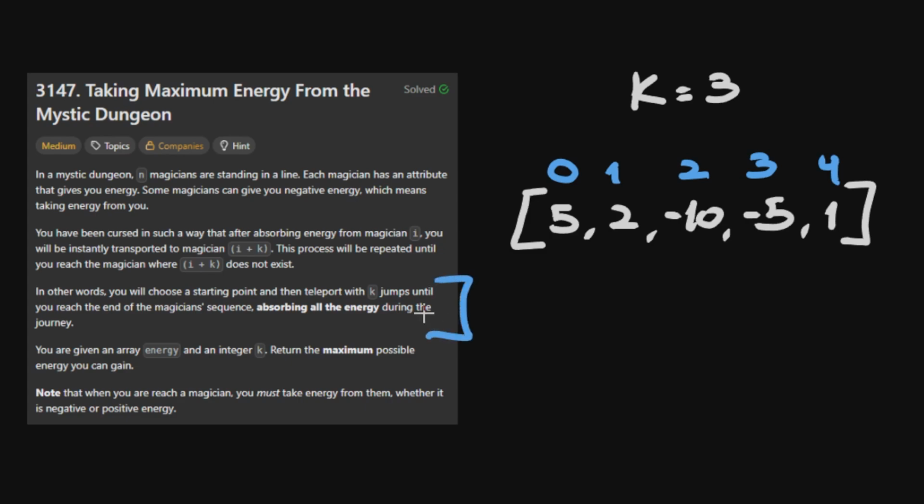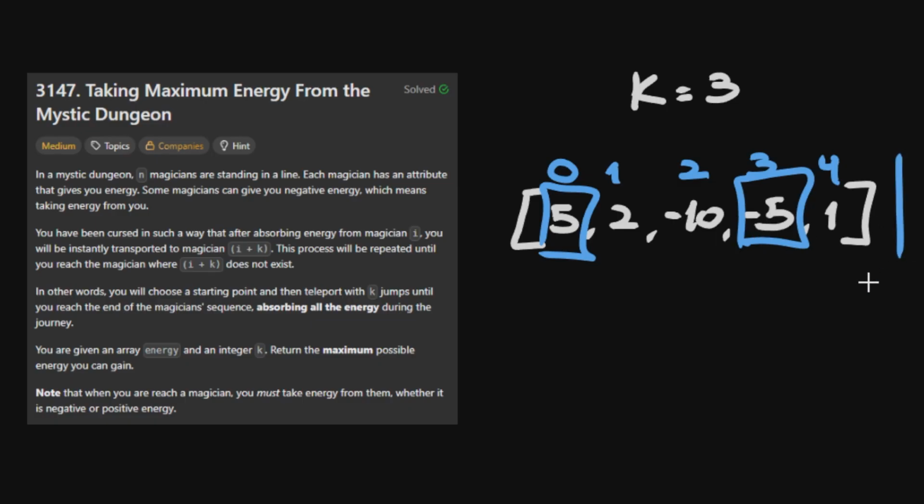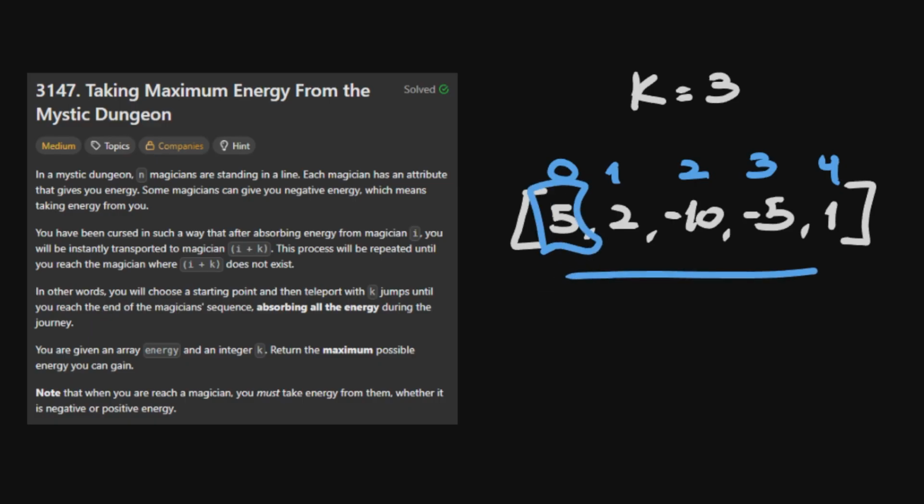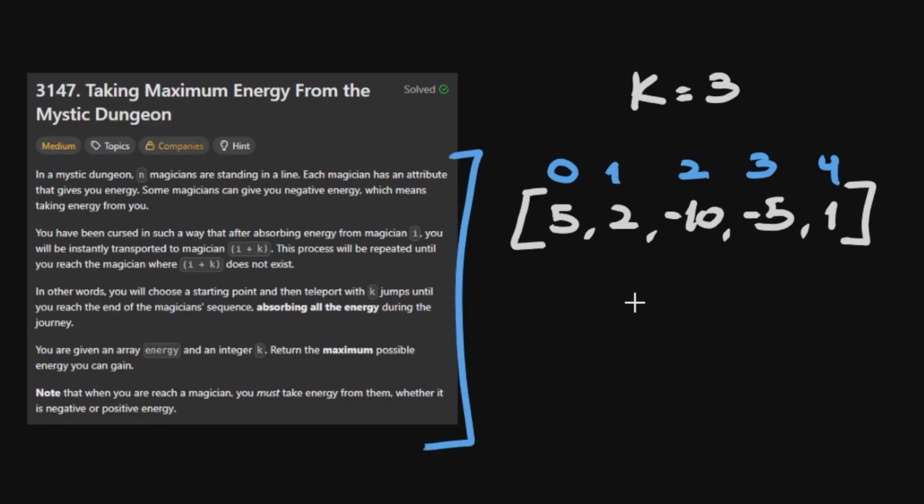And this is very important. We have to choose a starting point and we have to keep on jumping k steps until we are out of bounds. In this case, next we have to go here and then we are out of bounds. So we can't just return 5. If we decide to start here, we need to continue all the way to the end of the array. Okay? Now there are different ways to solve this, but I think that the following is very interesting and also